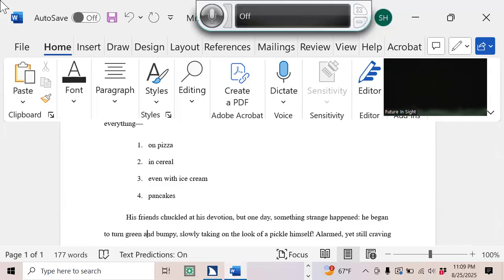So I'm going to put myself at the beginning of the line with a home key. Home. T. And I'm going to control right arrow to move ahead word by word. Turn. Green. Oh, and there it is right there. Green. So I'm going to select green and bumpy. But